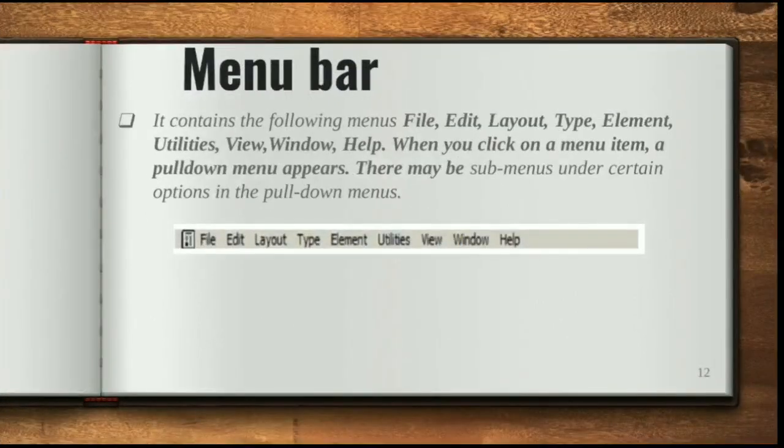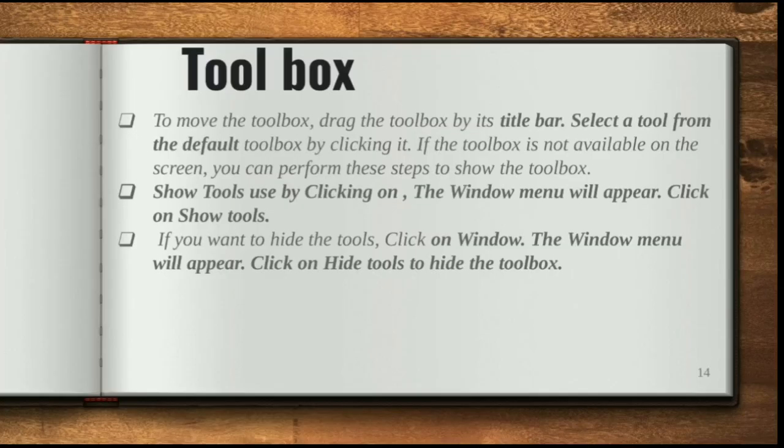As I said earlier, the Window menu is available in the menu bar. When you click on Window, in the second option from the last part, it will show whether to show or hide the tool. That's what we see here in the toolbox, to either hide the tool or show the tool.